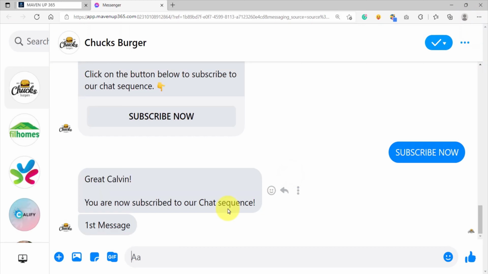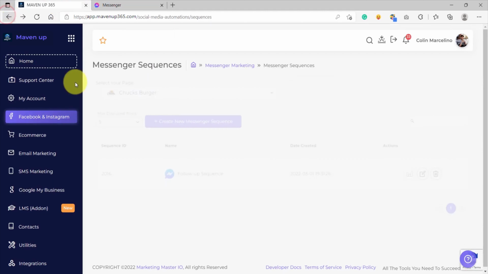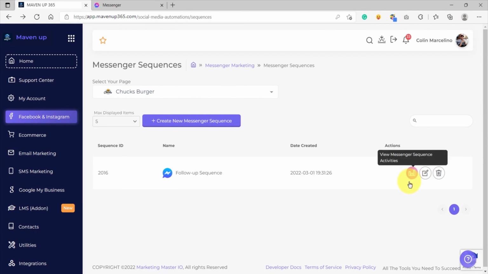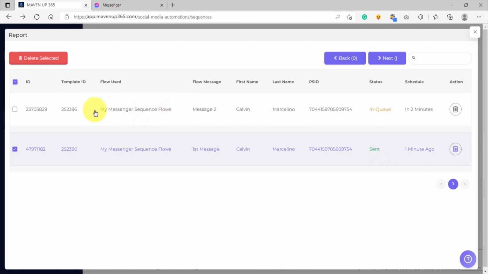Great, so we now receive the first message here. Let's go back to the chat sequences and let's refresh the report to see the changes. And as you can see, the first message is now sent and we now have a new entry on the report, which is message number 2, and it's queued in 2 minutes. Again, the extra minute there is simply a server buffer. Not to worry too much about that. And let's wait until all of the 5 messages are sent